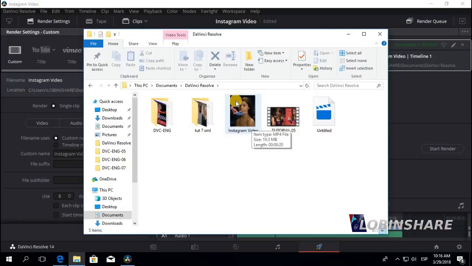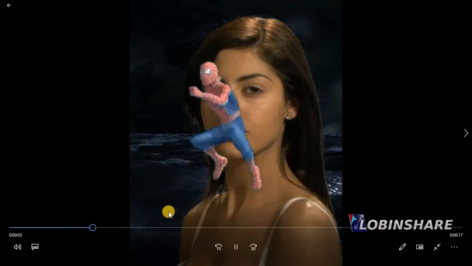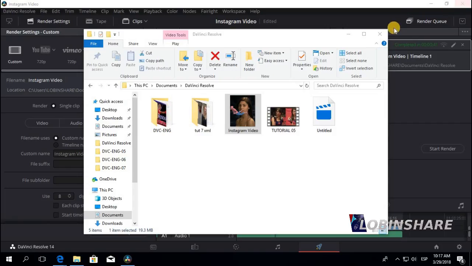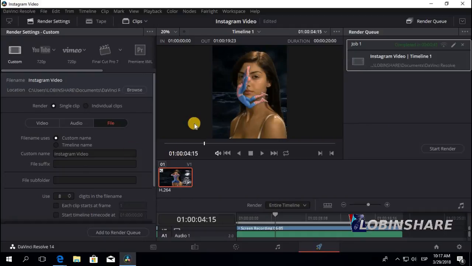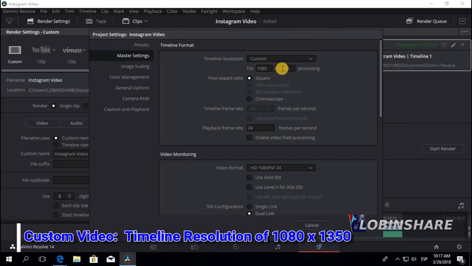Look at the size of the video. A YouTube video is horizontal, an Instagram video should be vertical. Double click to open and you will see it's just a vertical video. Very easy. So remember, when creating videos for Instagram, before making the video, be sure to establish a 1080 by 1350